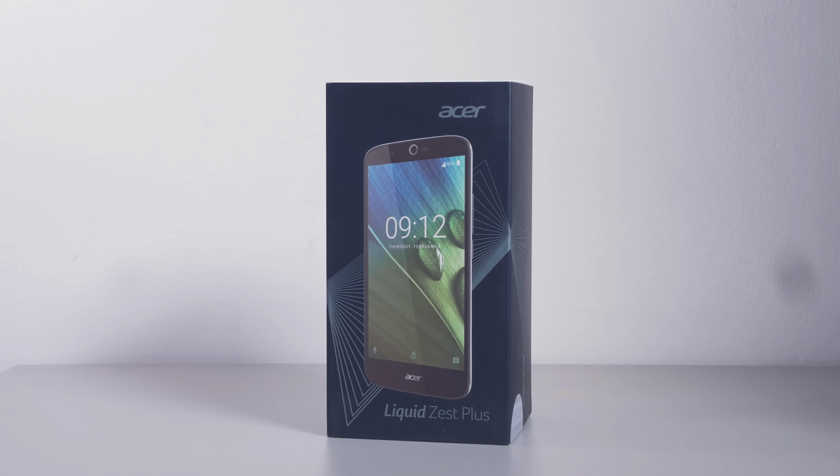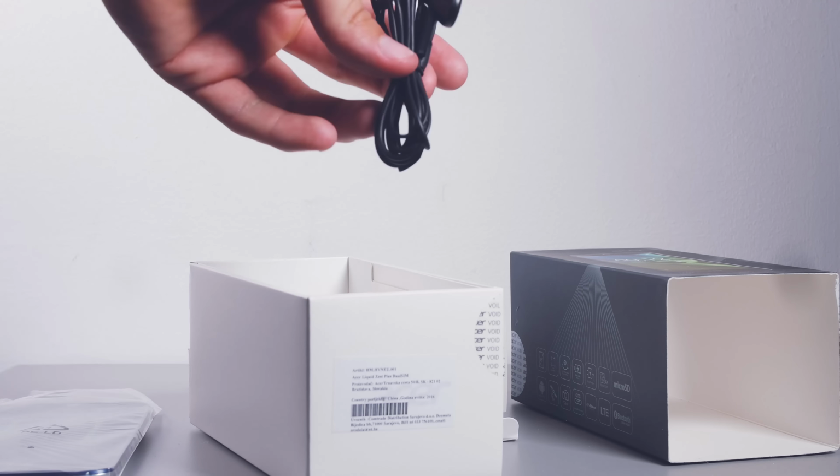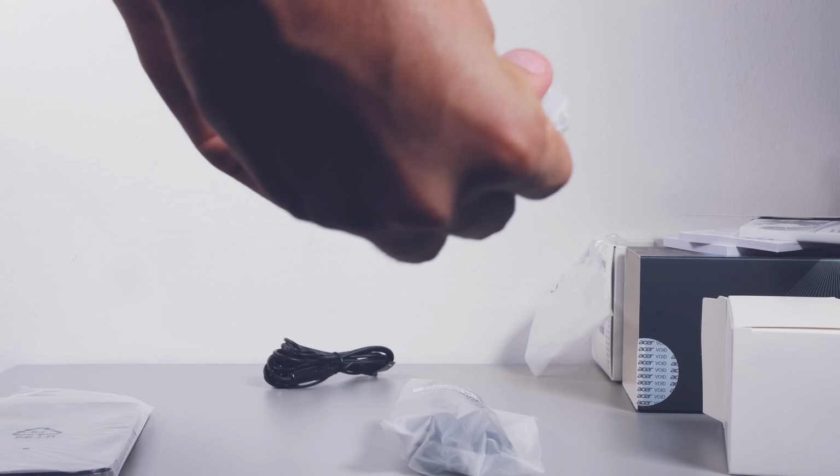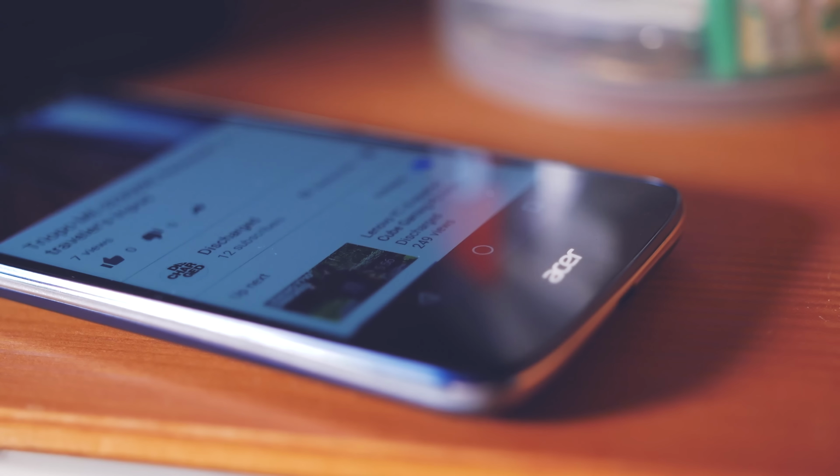Today we are bringing you a review of the Acer Liquid Zest Plus. The phones were priced at just over 100 euros when they were first released earlier this year, and while the Zest Plus isn't quite as cheap, it brings some substantial upgrades over its siblings while it's only costing around 250